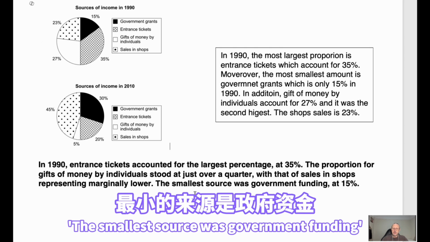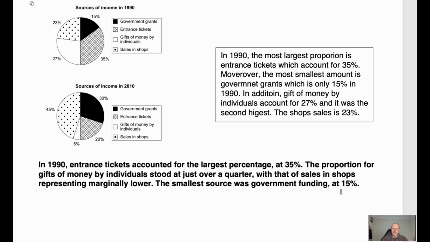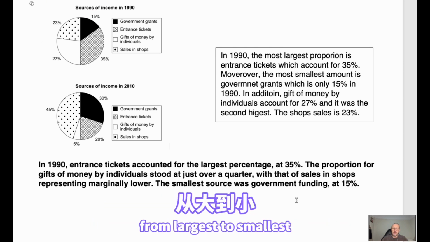The smallest source was government funding at 15%. You can see I've covered all the categories in order from largest to smallest,